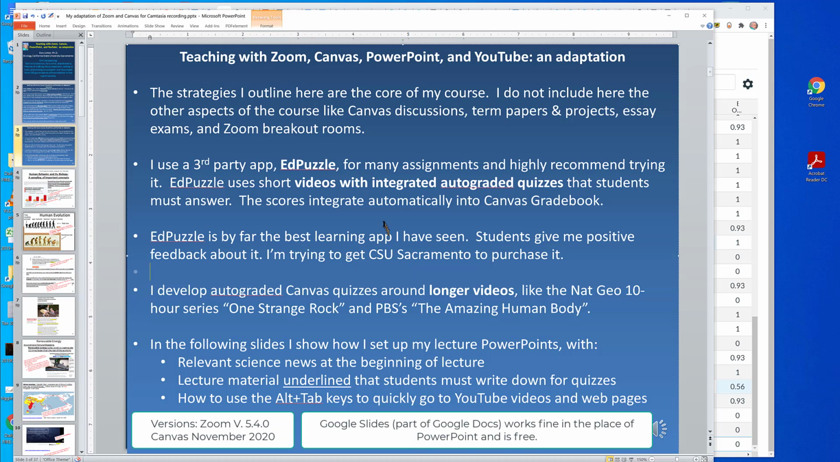They're easy to do, and they just indicate that the student has been paying attention to the subject. Very easy multiple choice quizzes within these EdPuzzles. The following slides, I'm going to show the